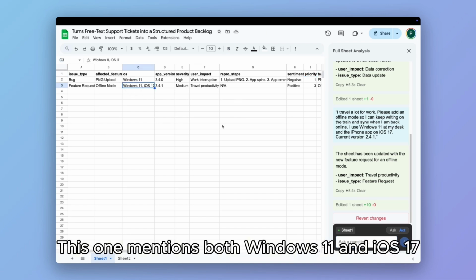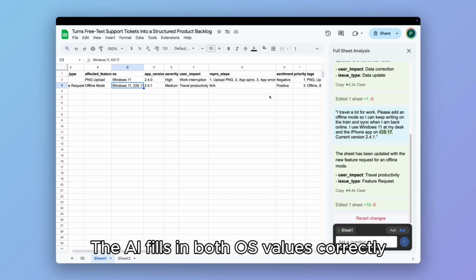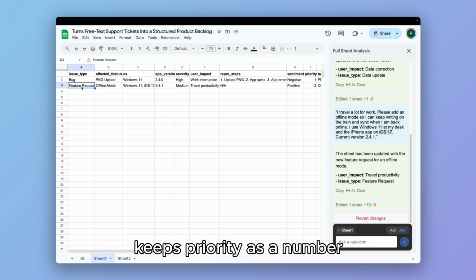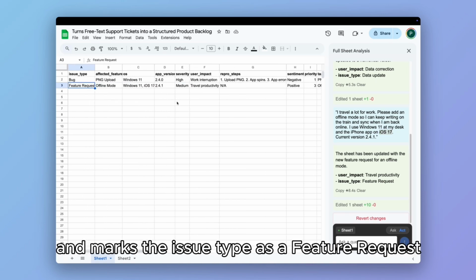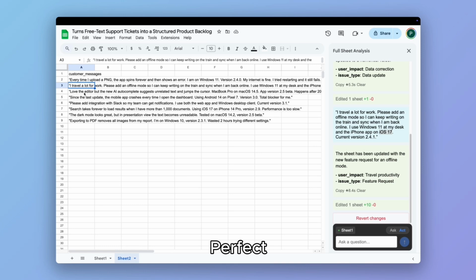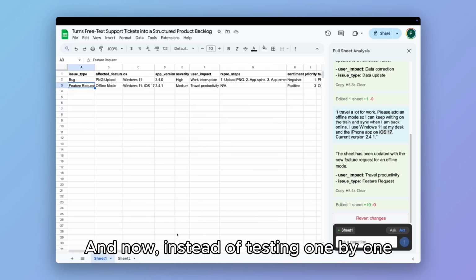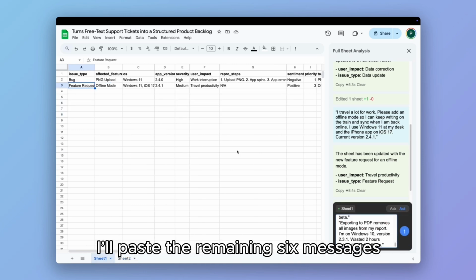This one mentions both Windows 11 and iOS 17. The AI fills in both OS values correctly, keeps priority as a number, and marks the issue type as a feature request. Perfect. And now, instead of testing one by one, I'll paste the remaining 6 messages into the chat